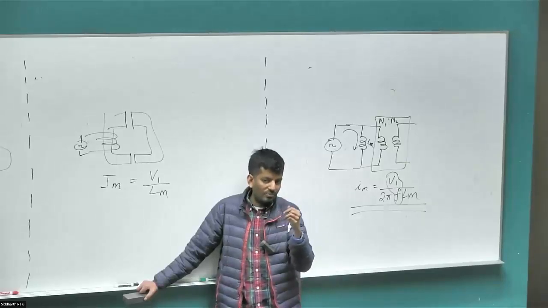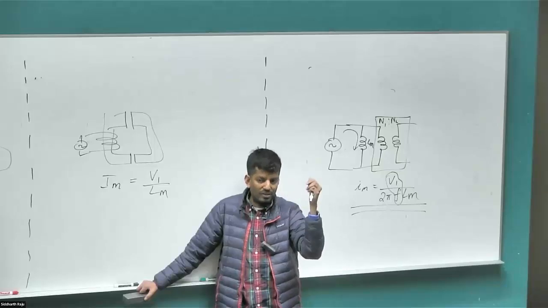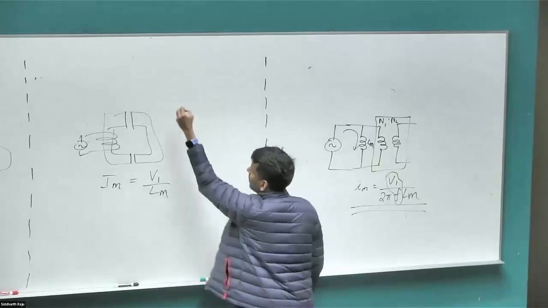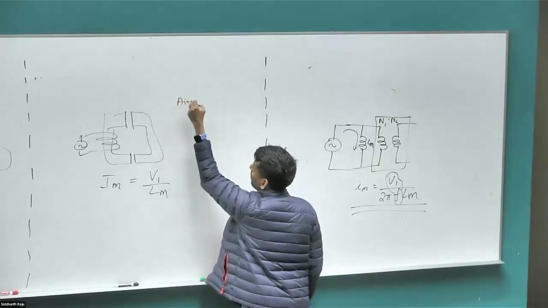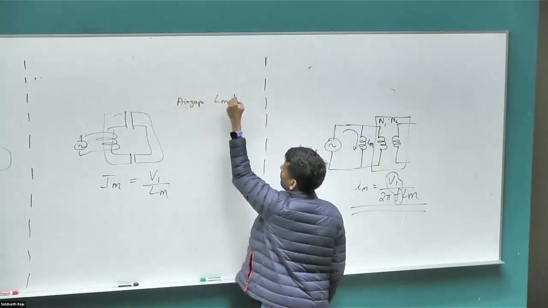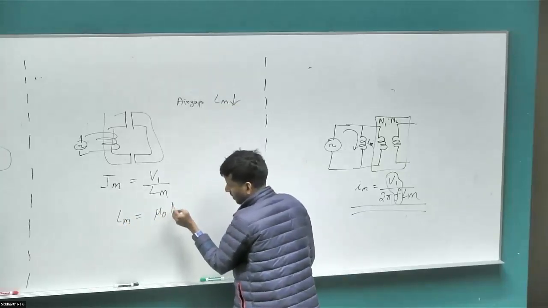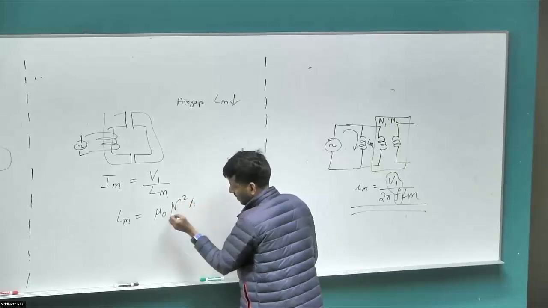If I introduce an air gap, that is the same as saying the core is no longer ideal, it's well saturated. Right? So that would mean the inductance would have to drop quite significantly. So when I introduce an air gap, Lm starts to plummet. So the Lm value with an air gap changes to mu naught N squared cross-sectional area